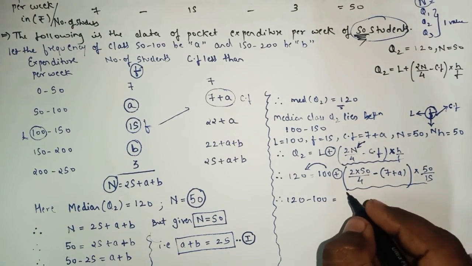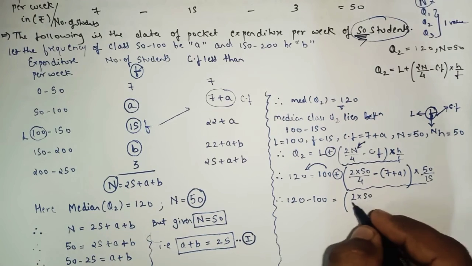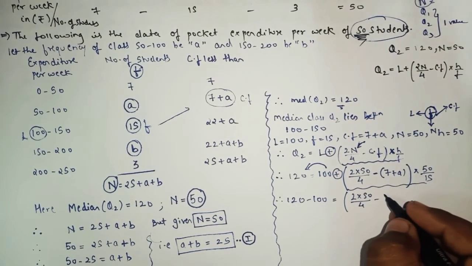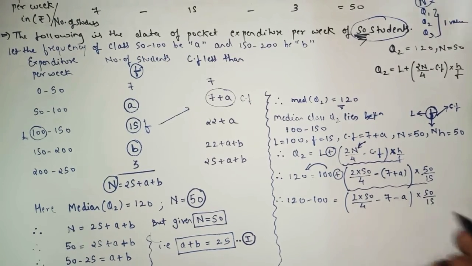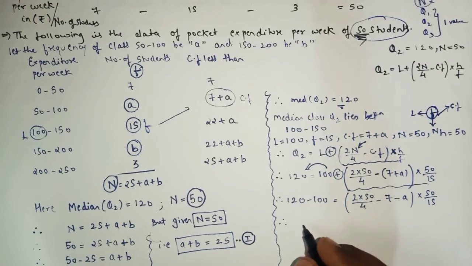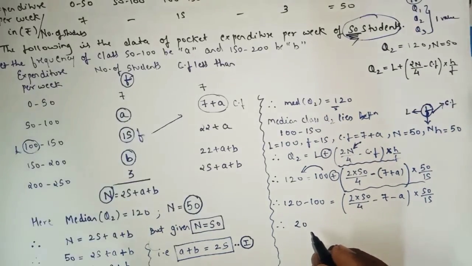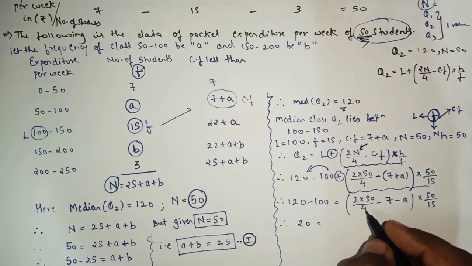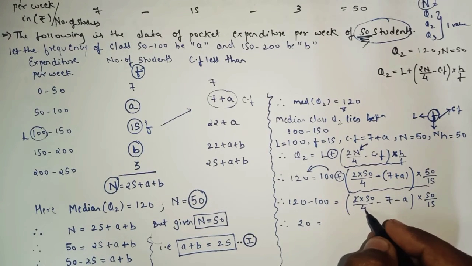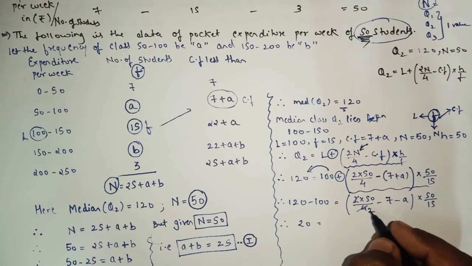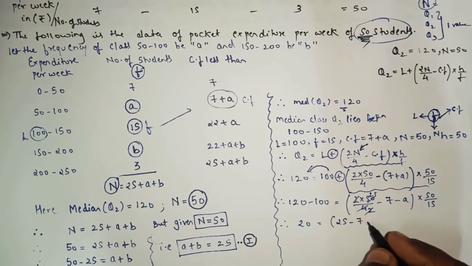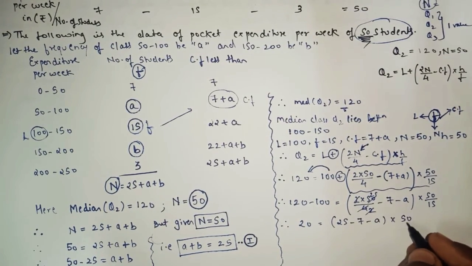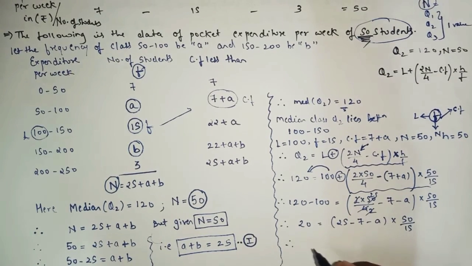So here we have 2 into 50 upon 4 minus bracket open. So here you will get minus 7 minus a into 50 upon 15. So 120 minus 100, you will get 20. Yes or no? So here this will be what? 2 ones are 2, 2 twos are 4, 2 ones are 2, 25s are... So here we are left with 25 minus 7 minus a into 50 upon 15. So in the next step,